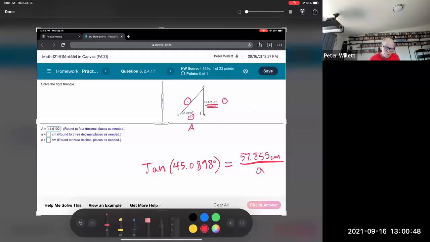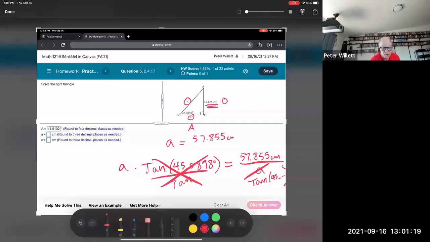Now we want to solve for A, so I would multiply both sides by A, or move the A over to the other side that way. And then I would divide both sides by the tan. And so over here I will get the tan of the angle, 45, etc. And so that's going to give me what I want to put on my calculator. I want to put that A is equal, because this cancels out. So A is going to be equal to